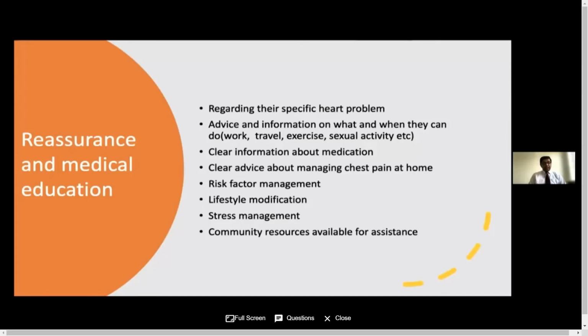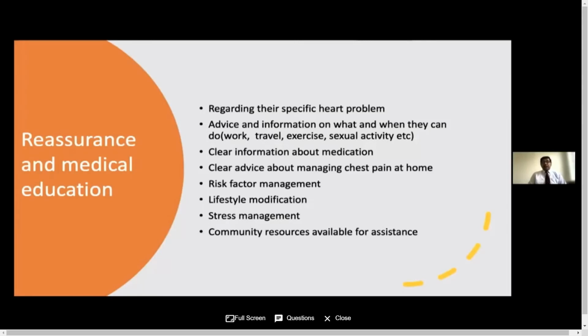a patient who underwent angioplasty can drive in 1 week. A patient who had a heart attack and underwent successful angioplasty can drive in 2 weeks' time. Like this, you have to advise clearly when they can resume their activities. With regard to air travel, usually an uncomplicated patient can travel by air in 10 to 14 days' time. You have to risk stratify before advising.